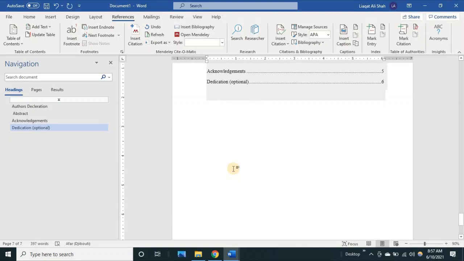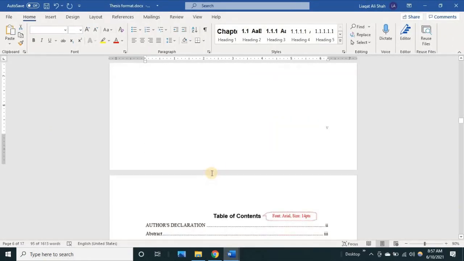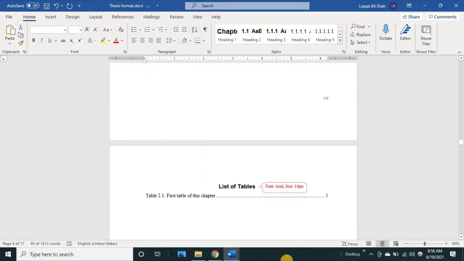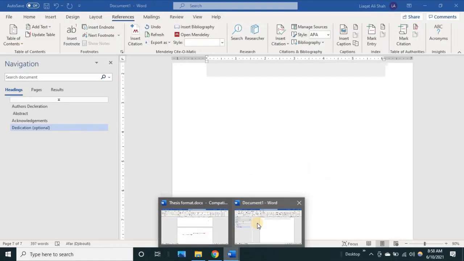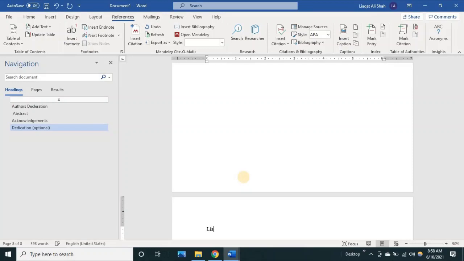Okay. Now after our table of contents, what is the next step? List of figures and list of tables. Okay. So we press Control Enter and write list of figures and choose heading 1.